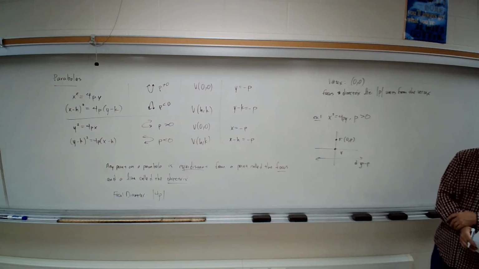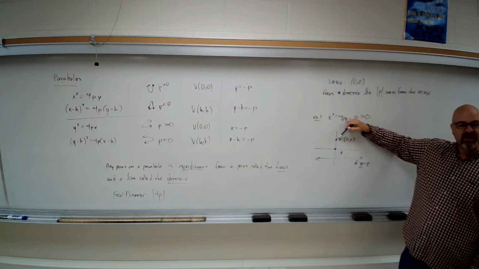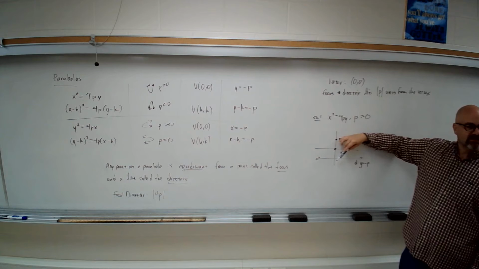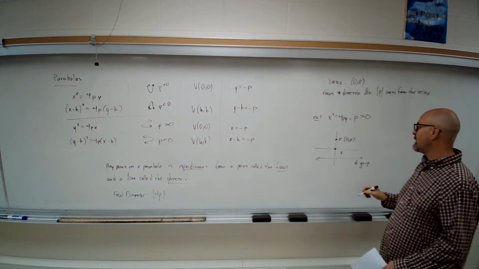Does that make sense there? So again, we started at the vertex. We went up p units to find the focal point, or the focus. We went down p units to find the directrix. Right? We know if it's opening up, the directrix will have to be horizontal. And then when we graph it,